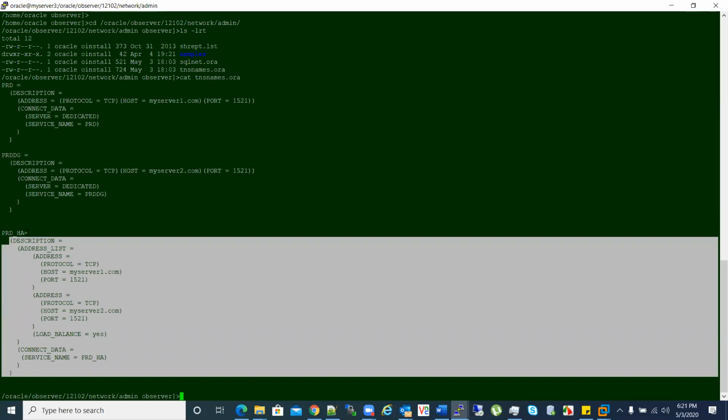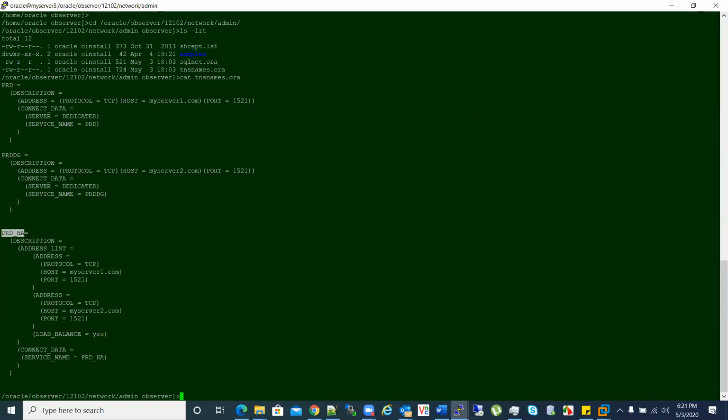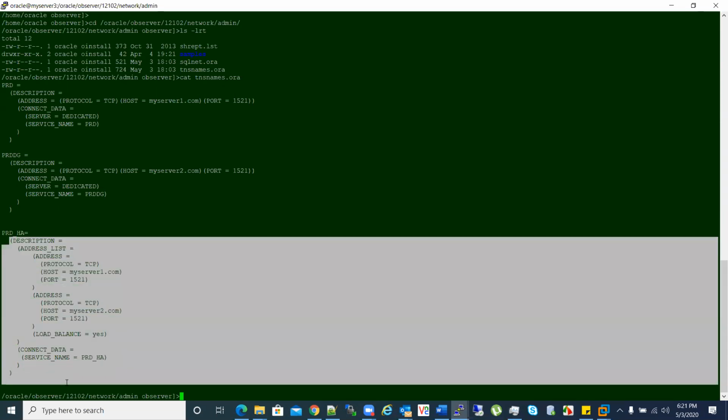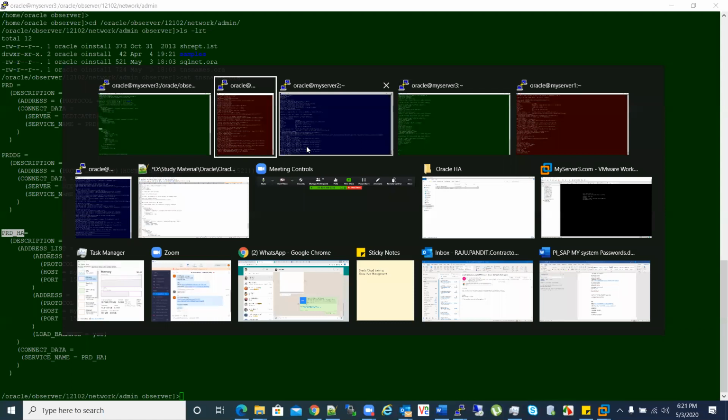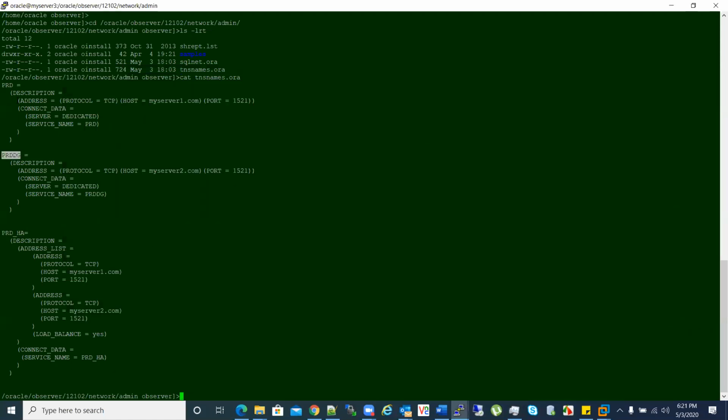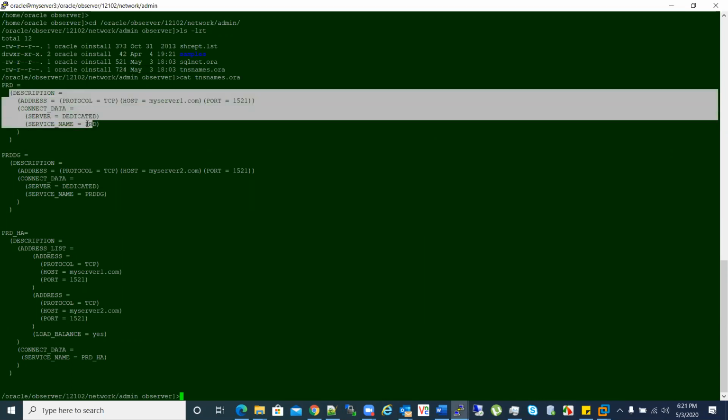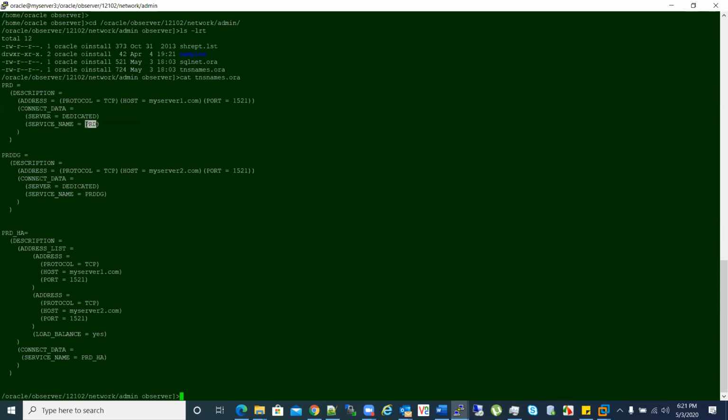So you can change this, you can make it ha or prd_ha12 or whatever, because this is the naming convention which defines this entire value. While adding the service, make sure you give the same name in TNS and the service which you are adding. It's not mandatory to give PRD only, but for convenience we are giving PRD so that it represents the PRD service name or PRD database only.